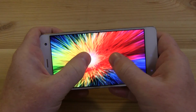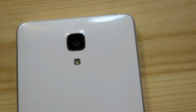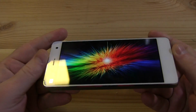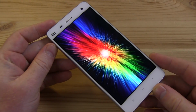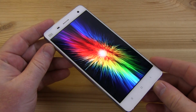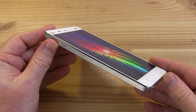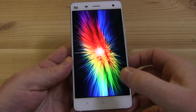This is actually made by JDI, which means Japan Display Inc., one of the more interesting names for a company. And that's actually a conglomerate of some of the real greats. So you've got Sony, Toshiba, and Hitachi, who've all come together to develop some of these screens. It's the same company that made the screen that we were very impressed with on the OnePlus One. That was a slightly larger 5.5 inch, but here in this 5-inch IPS, we have to say we've been very